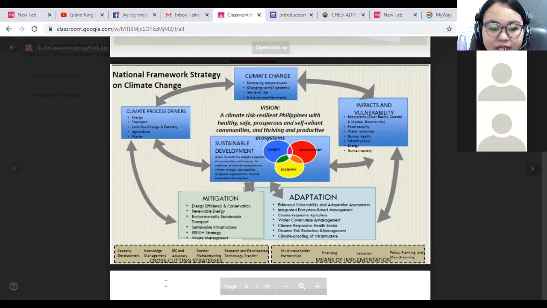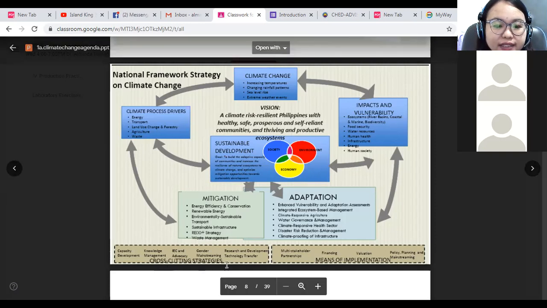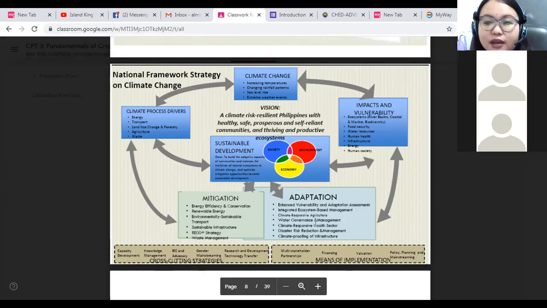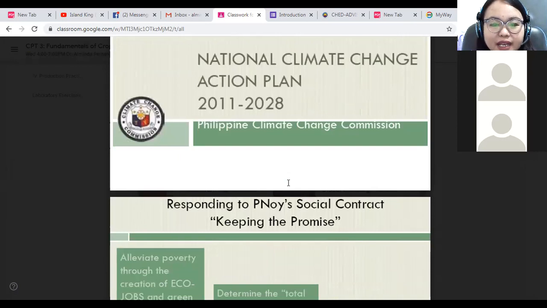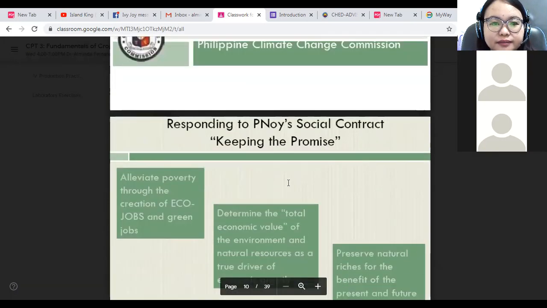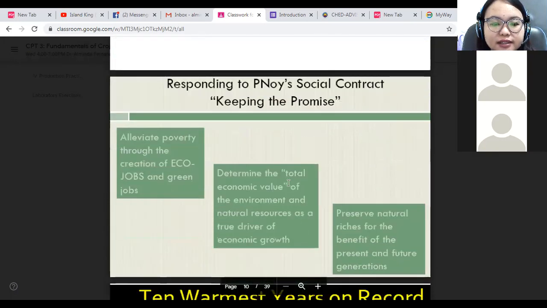So, as you can see here, these are the cross-cutting strategies and these are the means of implementation. So, this is now the action plan of the agenda, which is,